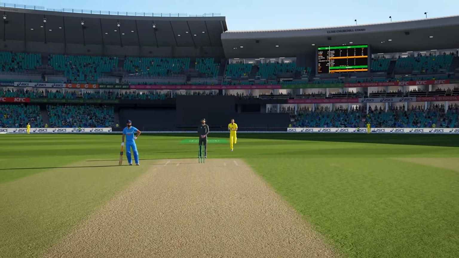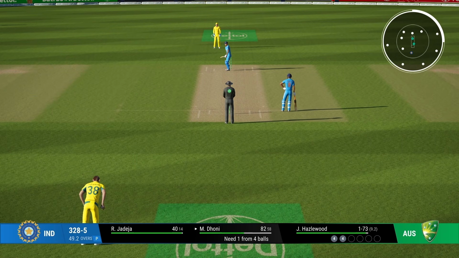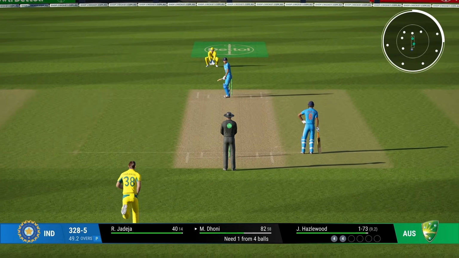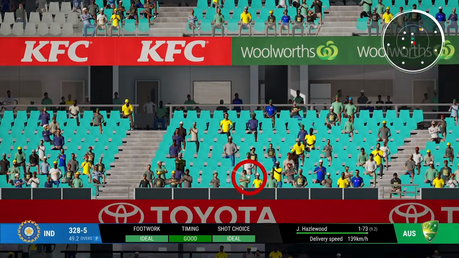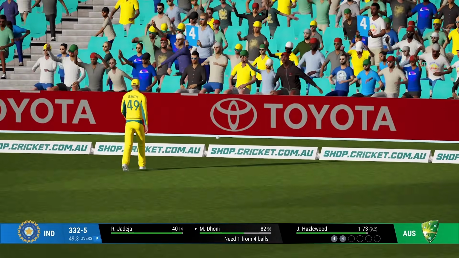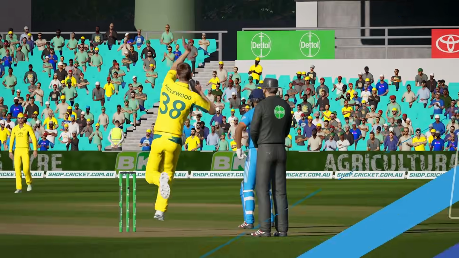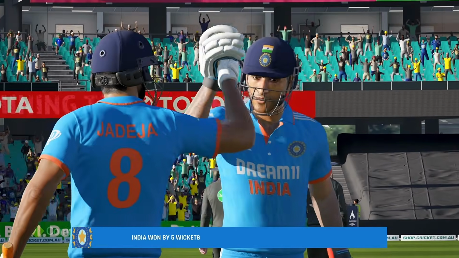We've somehow managed to do this. Well, we haven't done it yet, but I think we should. Unless something truly miraculous happens. I'm going to go for one more 4. Flicked. And I think that should be it. And like so many times, we get this match done off MS Dhoni's bat. The Indian captain gets this done. We managed to chase down 333.